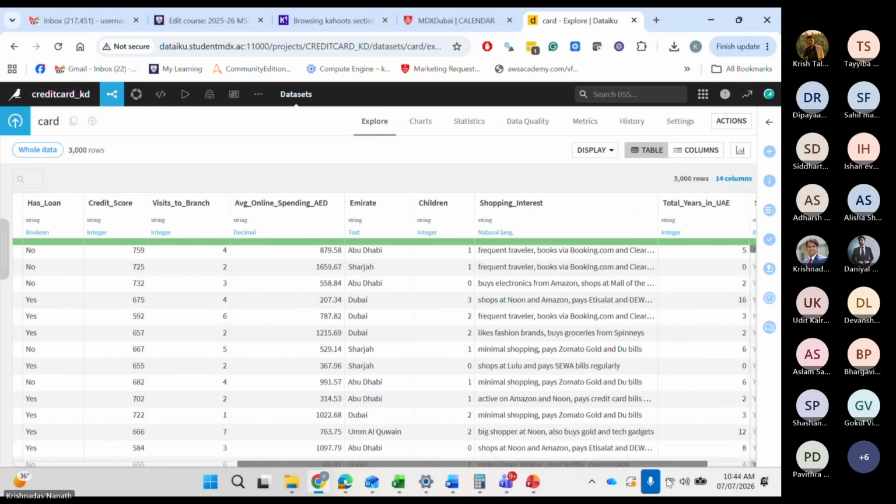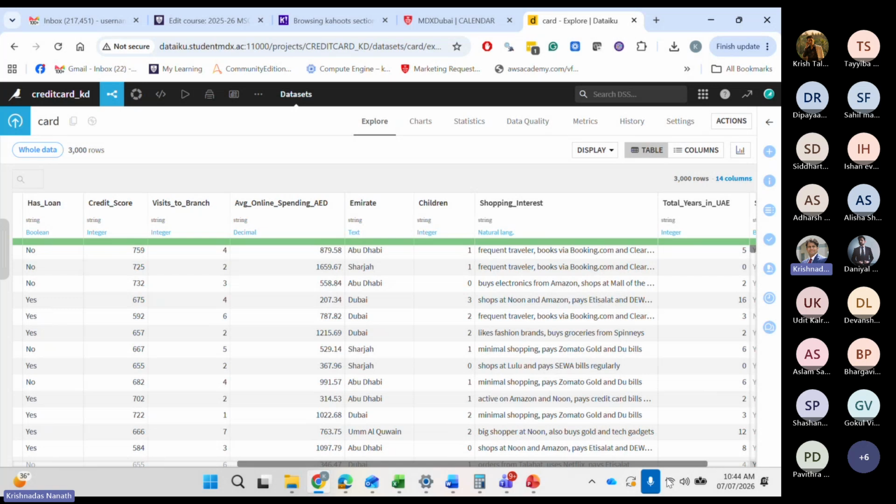Emirate? Probably, maybe in Dubai and Abu Dhabi, chances are higher. Maybe, may not be. I'm not so sure. I will again do some pivot tables, figure out are there any. This is from where which highest credit card has been signed up, yeah, exactly. So then I would do pivot tables, I would check in which Emirates more signups are coming, less signups are coming. Maybe, may not be, I would look at it.